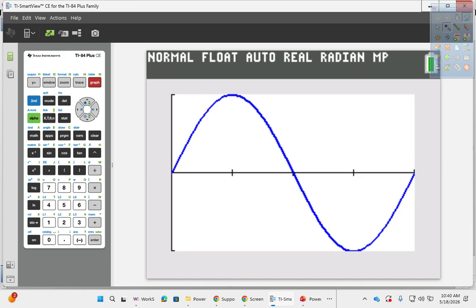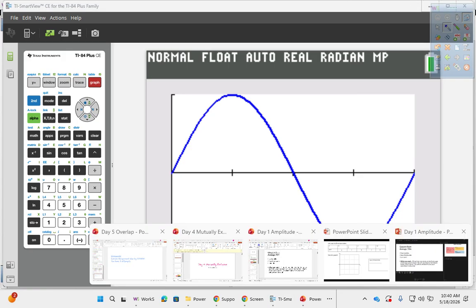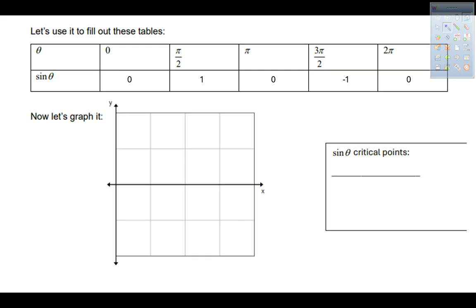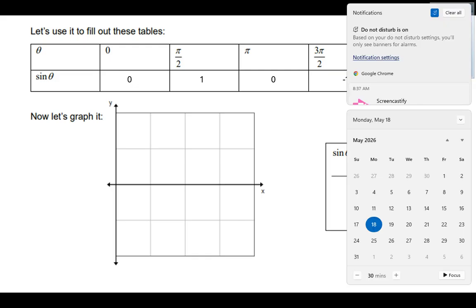Alright, so now you can see it's exactly what it was. So you don't have to memorize that. I guess just make sure you're in the right mode. If it was 0, 90, 180, then I'd be in degree mode. I think you'll find that it's not too bad to do without a calculator, but again, you can have a calculator. It's not a big deal. Alright, so now that we have that graphed,